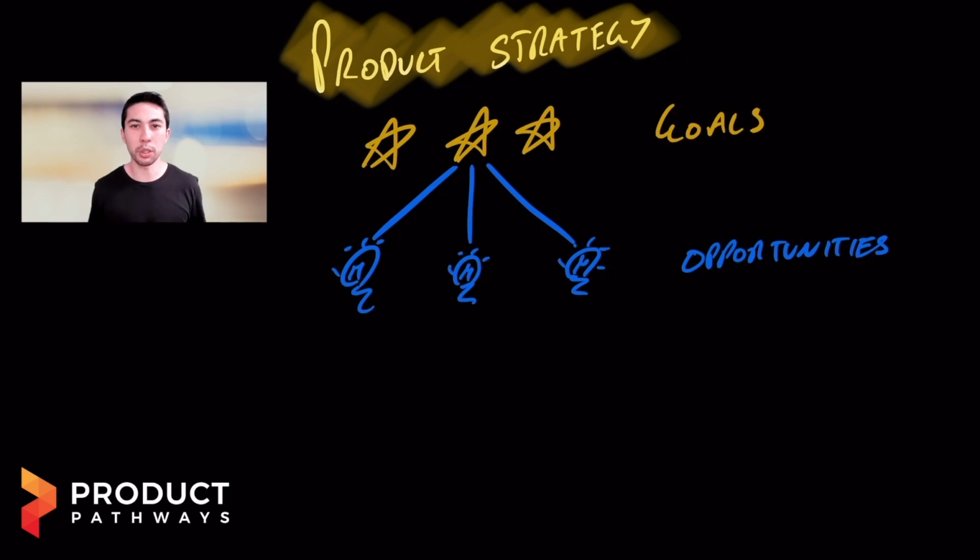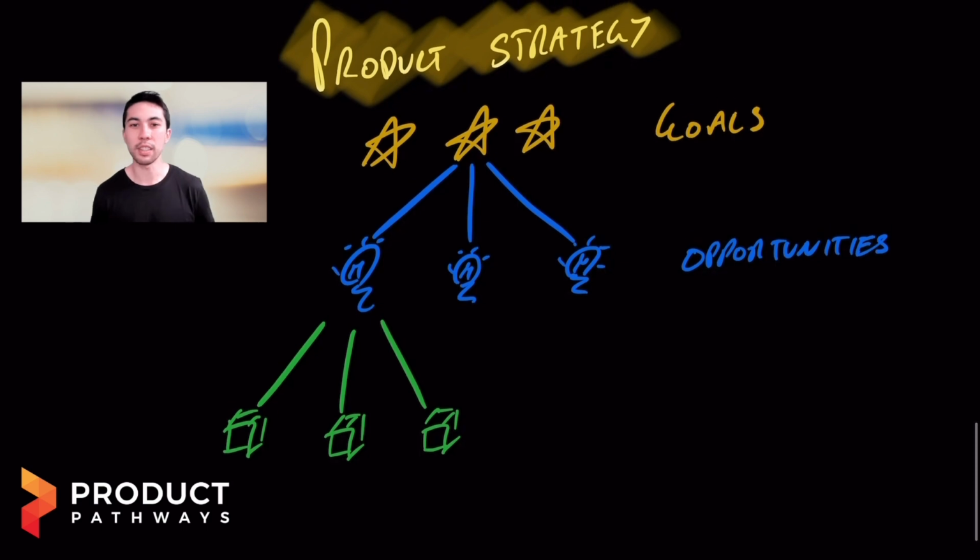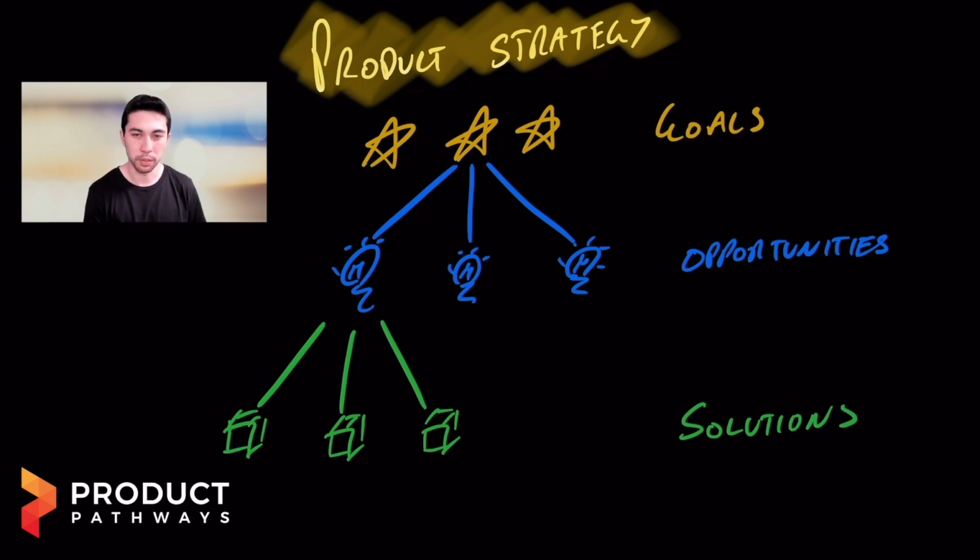We take that opportunity, we do discovery on it, and let's say that we've validated it and we're moving forwards. The next question is, what are all the ways that we can solve it? And this is where we start to get down to those lists of ideas and solutions that are often the things on our backlog. And now we want to prioritize those. So if you've maybe picked it up already, it's a multi-layered activity.